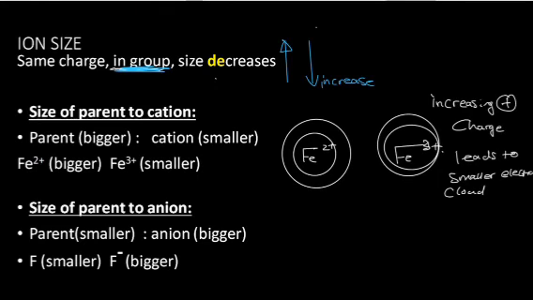And obviously the electron cloud determines the volume of the atom, which therefore leads to a smaller atomic radii. So it leads to smaller electron cloud due to increased positive charge,